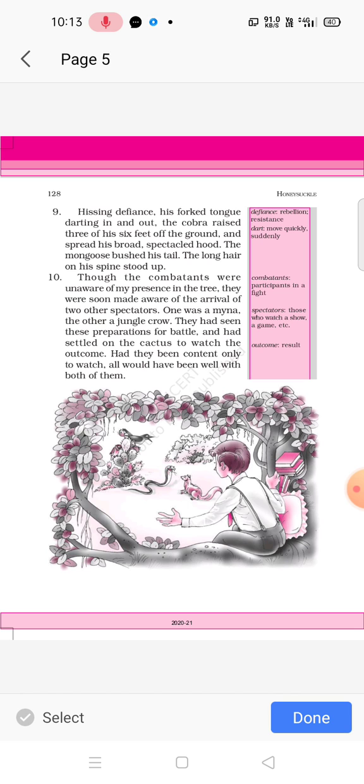Spectacled is as if wearing glasses spotted with eyes. Chitidar hood. The mongoose bushed his tail. The long hair on his spine stood up,